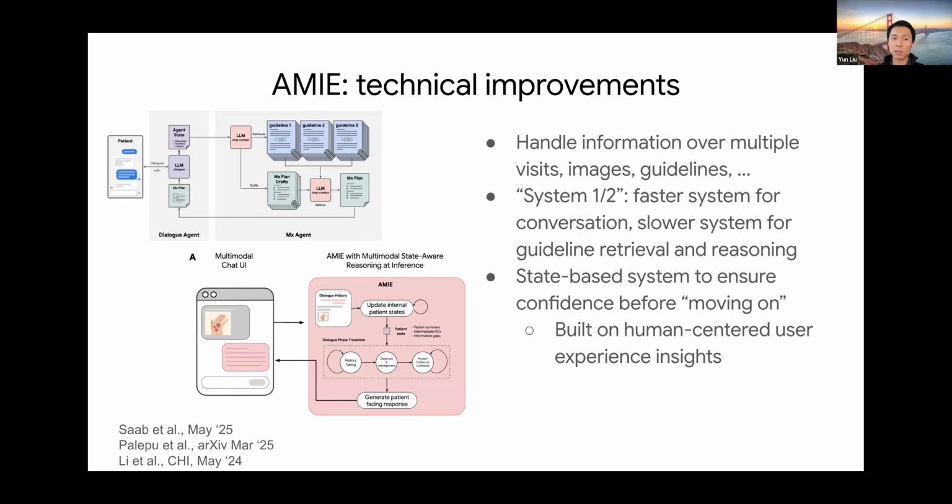The reason for the complexity is to enable different kinds of capabilities that don't natively work really well if you just have one single AI agent that is talking to the person and nothing else. One example of that increased agentic behavior is that we can have a fast language model having the actual conversation with the patient. It updates an internal state. That state is referred to by a separate agent, and that agent then goes off and looks at, in this case, medical guidelines to figure out which guidelines are most applicable, drafts up plans, and does other stuff behind the scenes. It updates the plan and the state and everything else at some kind of interval, such that the fast agent that is talking to the patient then has access to the best information.